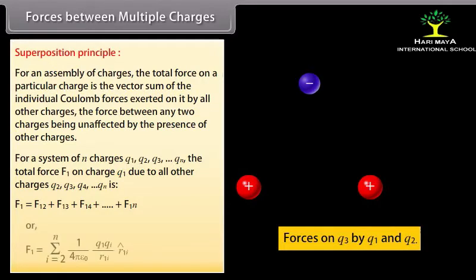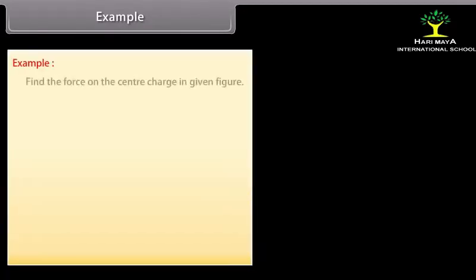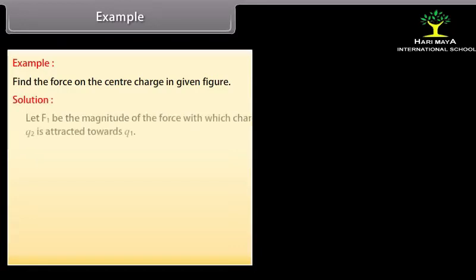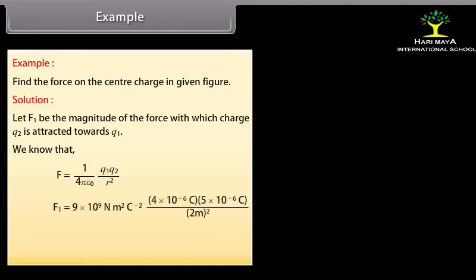This equation can be written as example. Let's take an example on Coulomb's law. Find the force on the center charge in given figure. Let's see the solution. Let F1 be the magnitude of the force with which charge Q2 is attracted towards Q1. We know that F1 is equal to 1 upon 4 pi epsilon naught multiplied by Q1 Q2 upon r square. Put the values in this equation. We get F1 is equal to 45 into 10 raised to the power minus 3 Newton, which is equal to